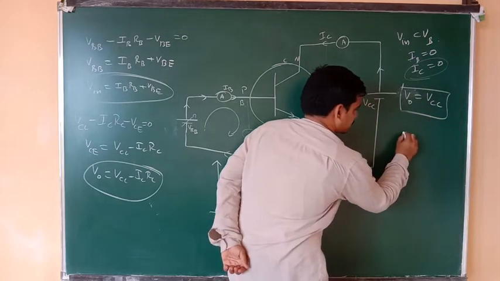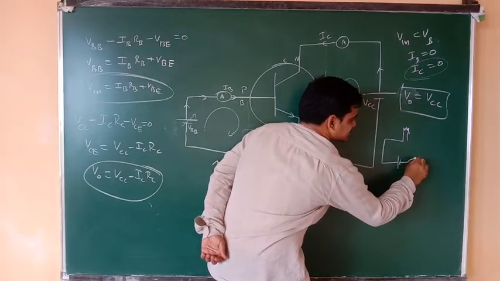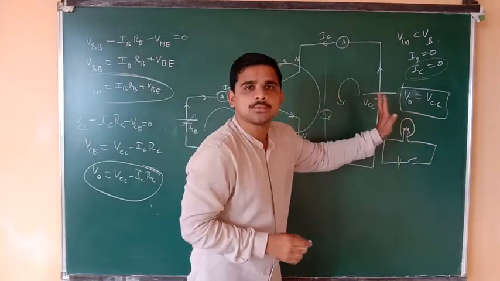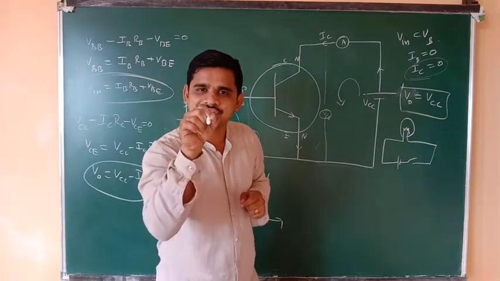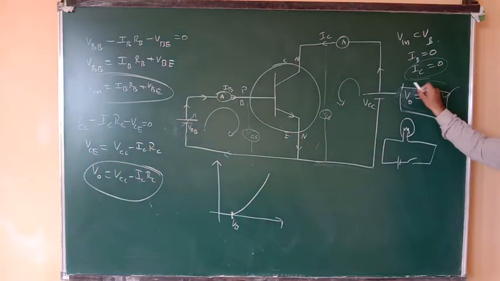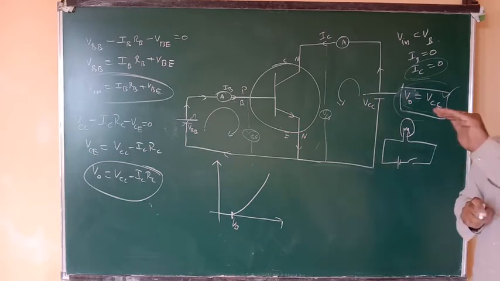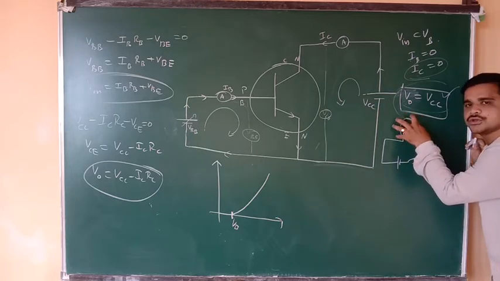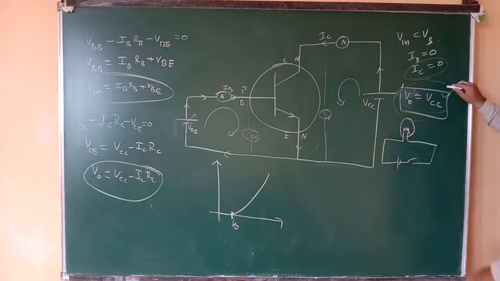As we have drawn already one diagram here, this is a switch. A bulb is connected. A battery is there. Here a switch is there. This is the bulb. When the switch is open, no current flows, and when no current flows, there is no potential drop at the bulb. From this expression, what can I say? There is no potential drop. So it is called a cutoff state. When the switch is open, no current flows in the circuit, no glowing of the bulb. The bulb will be in the off state. So this is called the cutoff state.